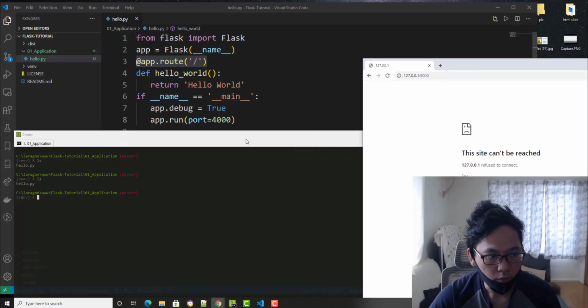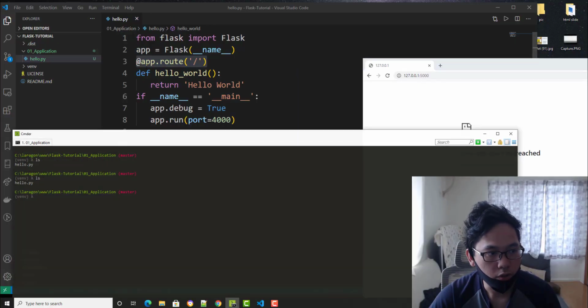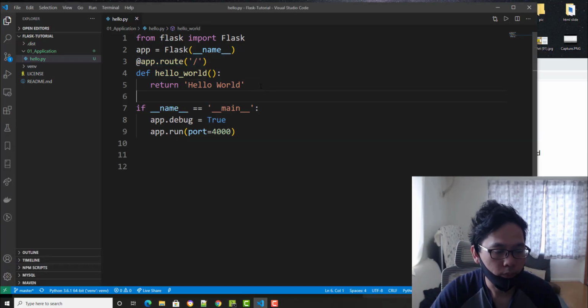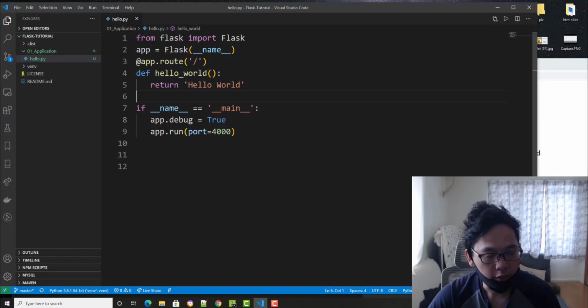This function is our router, slash, and this function will run on that. So this is our main function. We create an instance for this one. It's not an instance, a variable. So we set our debug to true, so if there's an error, we can debug this.